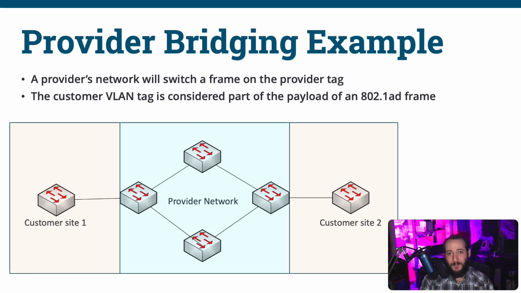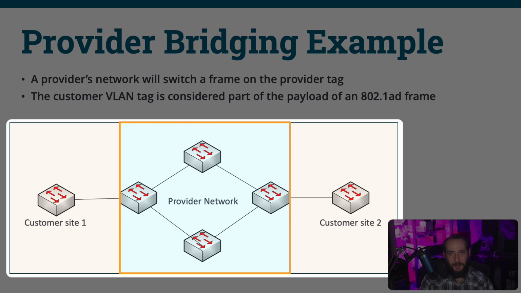As we see in our diagram here, we have the provider's network in the middle. The provider's network interconnects two customer sites, shown on either side. The customer subscribes to an L2 VPN service from the provider. This means the two customer sites are interconnected at layer 2. As far as the customer is concerned, the provider acts like just another network switch. However, the two customer sites could be very far away from one another, across town, or even across the country or world. The transport protocol that the provider uses to segregate the customer traffic from one another is 802.1AD